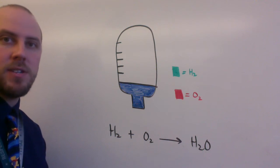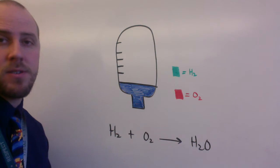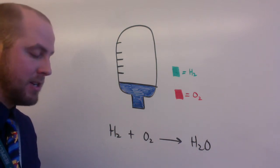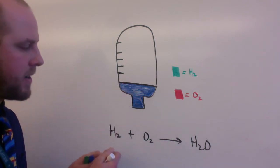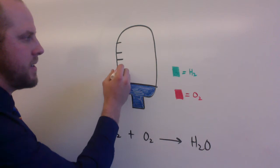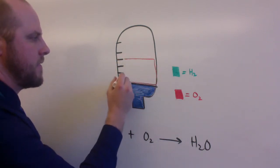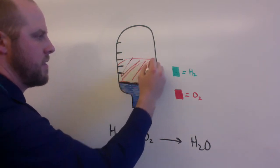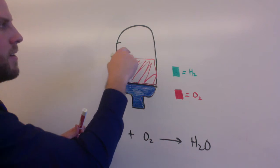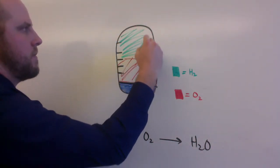This is an explanation of the Microrocket Lab and why 4 hydrogens to 2 oxygens should have been the best ratio that gave you the best launch. So we've got our microrocket drawn out. I've got our unbalanced equation right now, and I'm going to fill in first off 3 to 3. So if I fill that in with oxygen, and then I fill our other 1, 2, 3 parts with hydrogen,